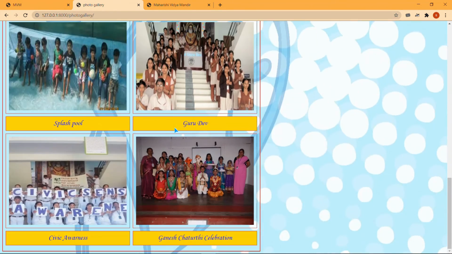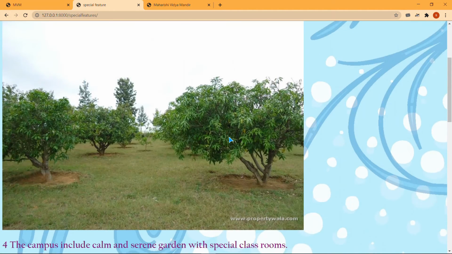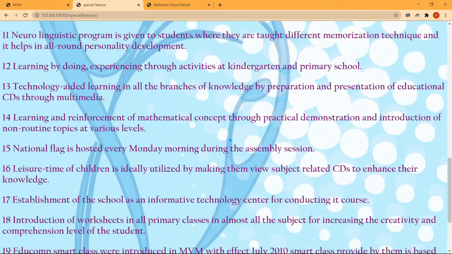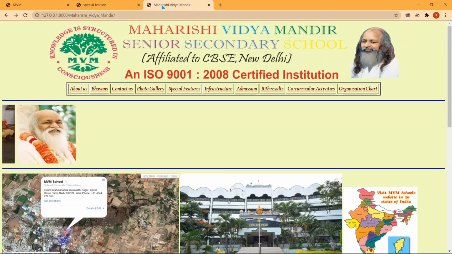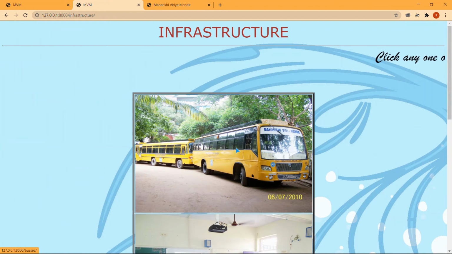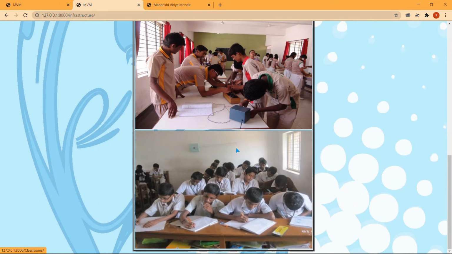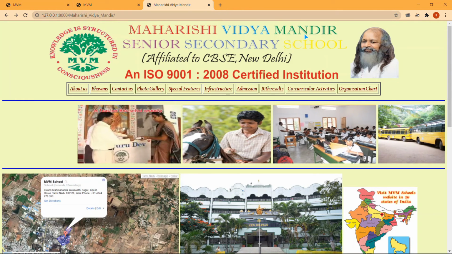And the photos. We have included the special features of the school. This has already been explained. If you click each image, you can get more detail about that.